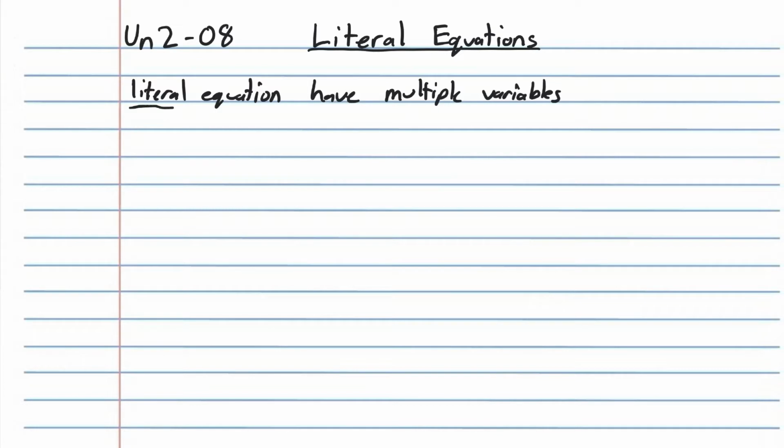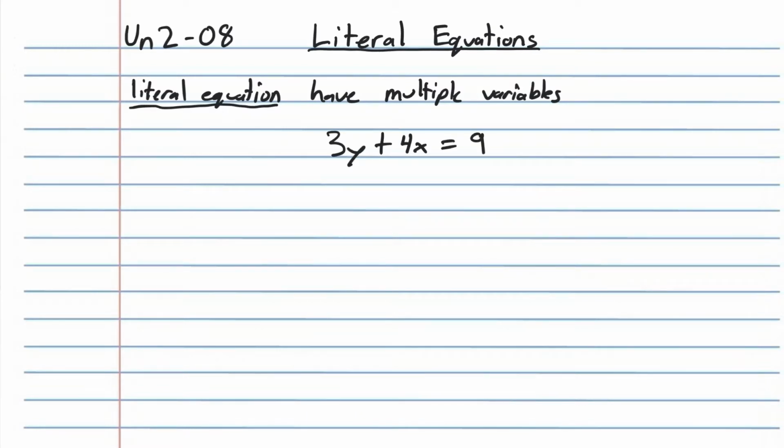So far the equations we've been working with have been like solve for x or solve for y or solve for z or whatever it is. It's usually just one variable. So now we're getting into equations that have multiple variables, and you've got to pay attention to what the question's asking you to do. So for example, if I were to write this equation down, 3y plus 4x equals 9,